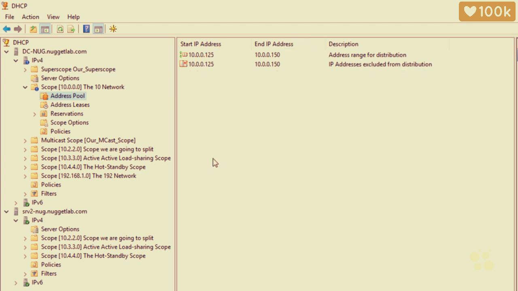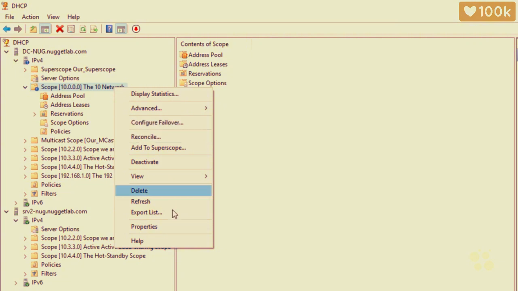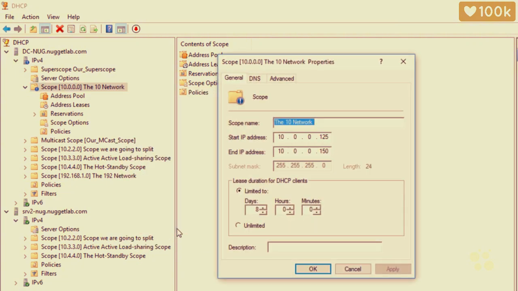So to modify the range, we could select the scope, right-click on it, select Properties from the drop-down, and we just change the range right here. We could change the starting range and the ending range. And then once we do that, we'll have additional IP addresses because we made the range bigger that the DHCP server can then hand out. Or we could use a PowerShell command to extend that range. So if we click on Cancel here,